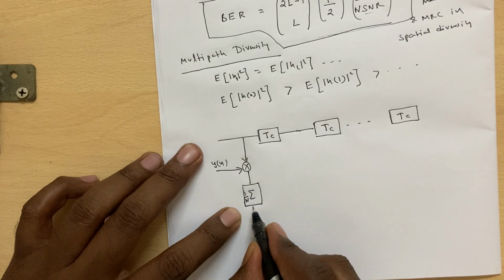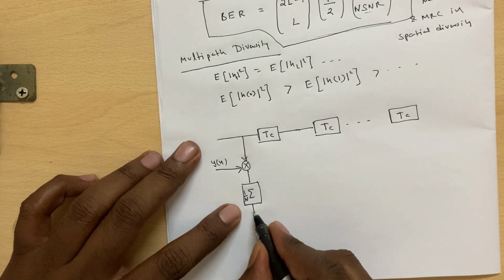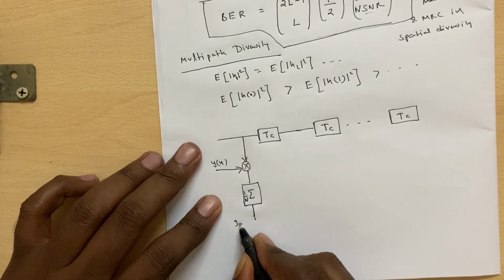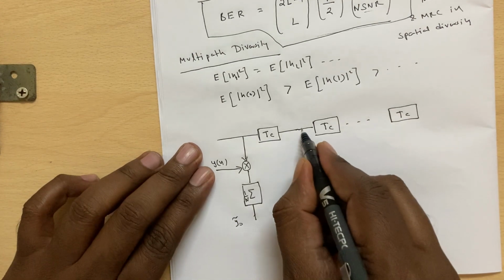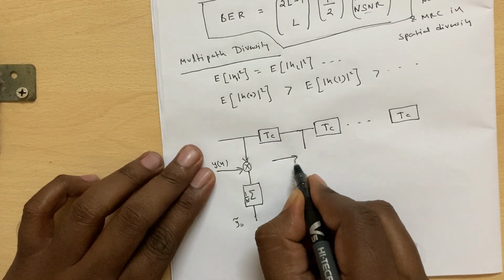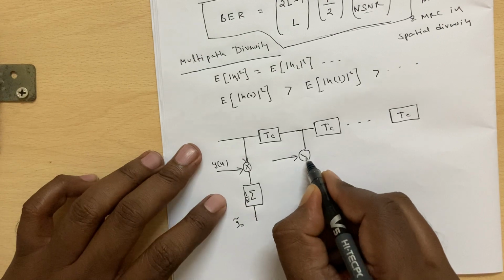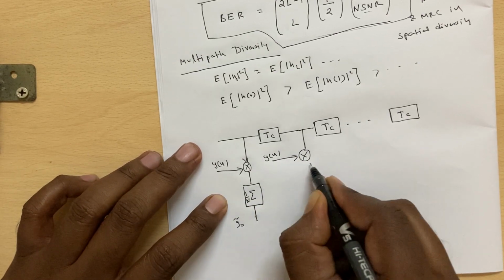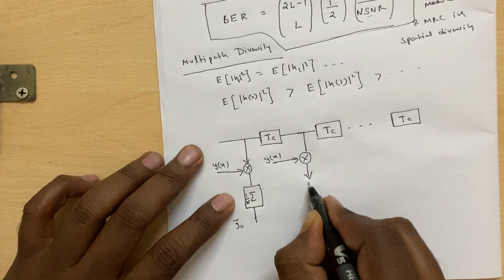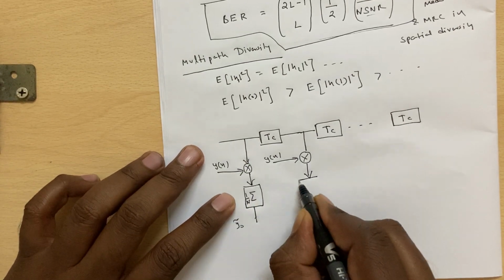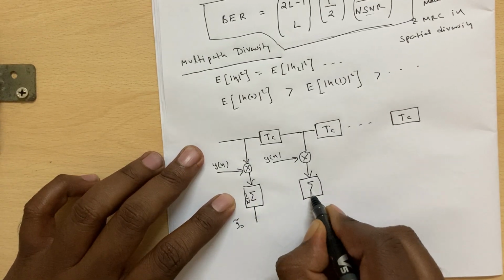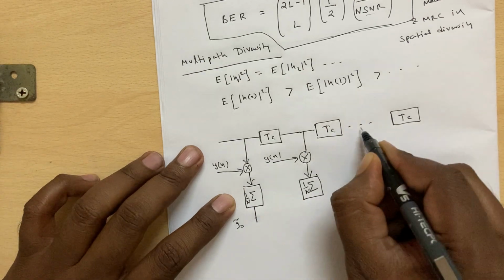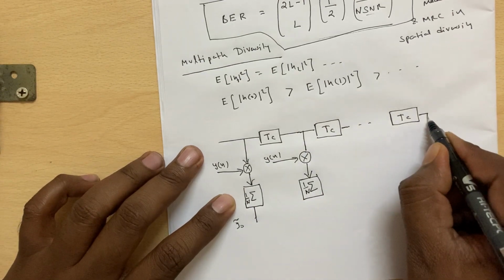What we get here is y tilde of 0. Similarly, one delay will be there, so y of n will be multiplied with the delayed code word, and we take the summation. Like this, the last one will be